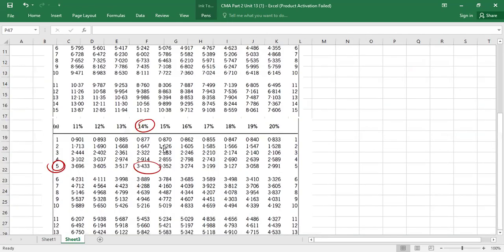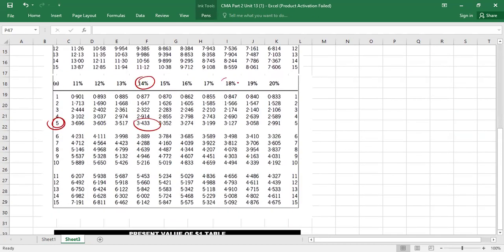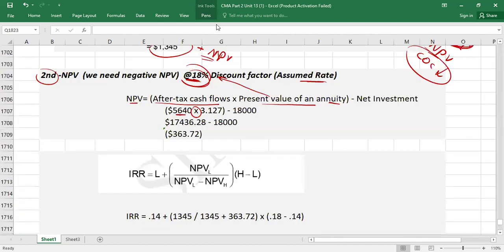So this is the annuity table, by the way. So we'll go to the annuity table and go to the 18%. This is the 18% column. And because this project life is 5 years, the fifth year value is 3.127. So this is what we are taking, 3.127. So it is multiplied here